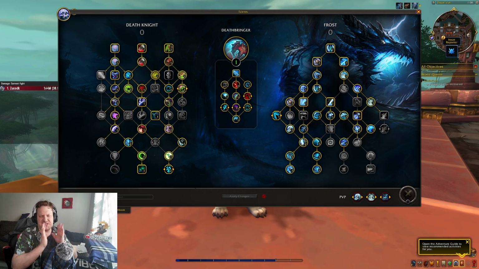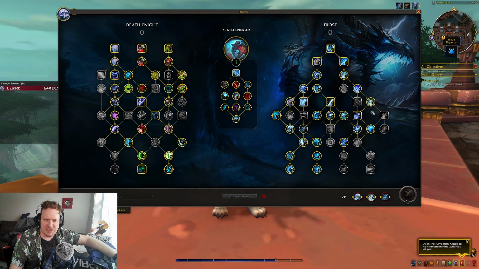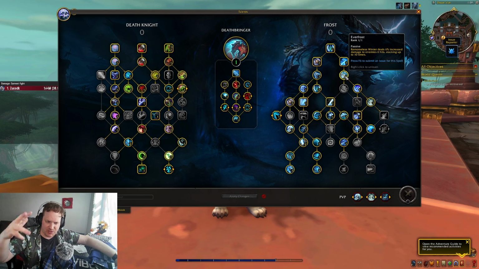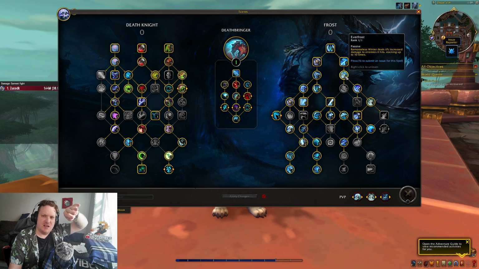Let's go to the Frost DK tree. Let's start at the top section and work our way down, okay? At the very top section, we have Everfrost. It used to be down here, right underneath Biting Cold, and it's now up here. So it's now something you're guaranteed to take every single time, no matter what build you're doing. So this whole stacking Remorseless Winter thing, you have to make sure that you're still pressing Remorseless Winter as soon as it comes off cooldown so that you can maintain the 10 stacks,